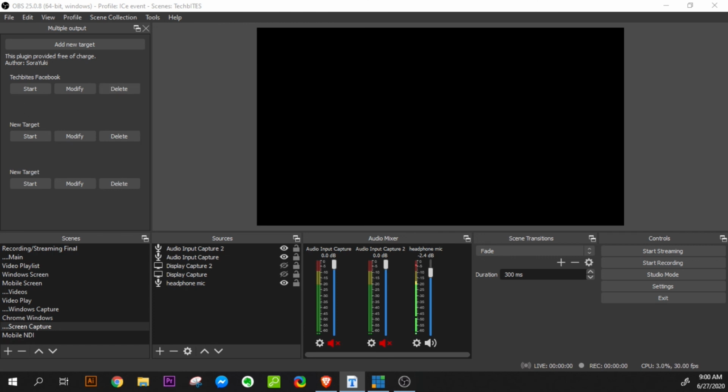For example, if you are streaming on Facebook as well as YouTube at the same time, then make sure to add the RTMP URL and the RTMP key from your Facebook Live page as well as your YouTube Live page, and then start the stream by clicking on the start button. In this way you are ready to stream to all the pages you wish to stream on.